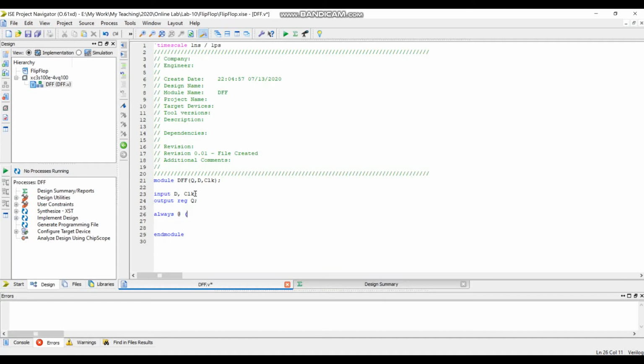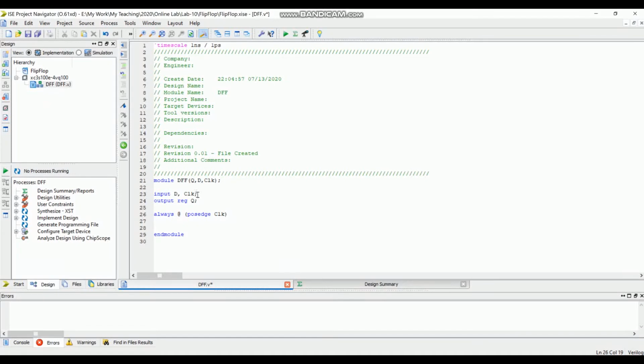It is important that you know that in sequential circuits, although we have used this always block in combinational circuits where we used all the inputs as condition for execution, in sequential circuits you are only going to use the clock as a condition for execution. We also have another condition, but we will go to that later. Initially you need to just specify this CLK, and in clock we have both positive edge and negative edge, so you need to specify on which edge of the clock you want to execute your flip-flop. So you need to write this posedge